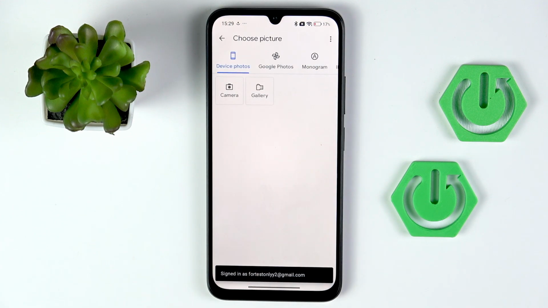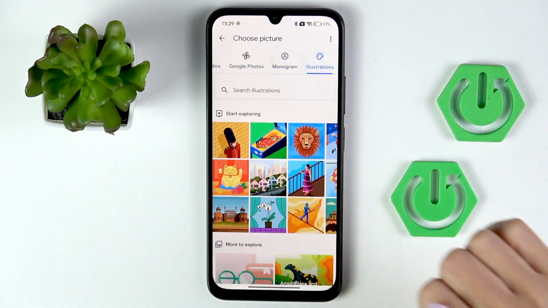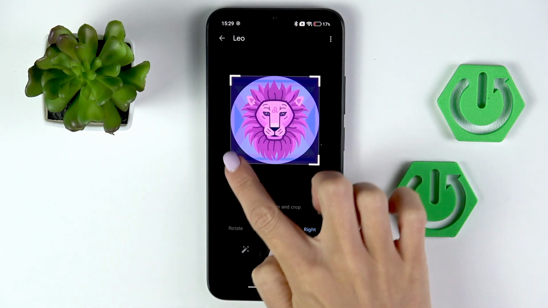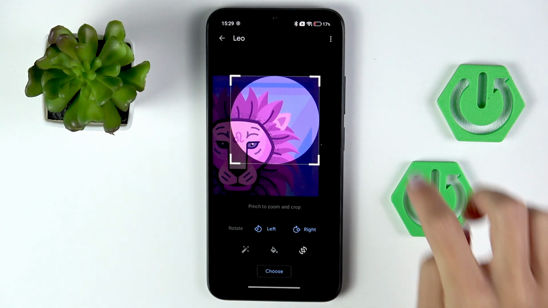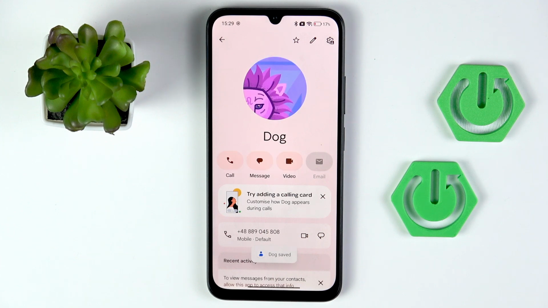And you can either grab a photo via camera right now, you can pick something from your own gallery, from Google Photos, you can add some monogram or illustration. Then obviously you can customize it, you can add some preset or cut it however you like. Then just tap save and that's it. So that's how you can add profile